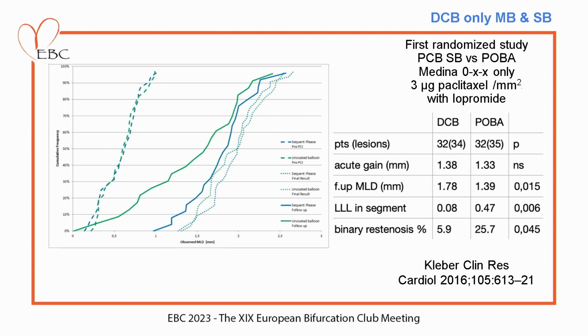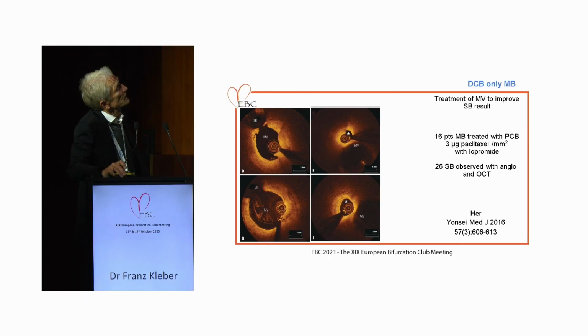I think this is from the data I showed you now. Every study showed the same. This is now in a randomized trial. I think the side branch DCB is clearly better than a POBA in the side branch. So, to the next. And then I think this is a very important small mechanistic study by the group of